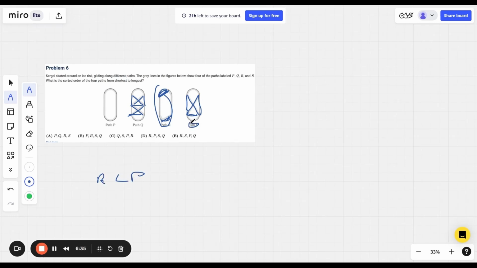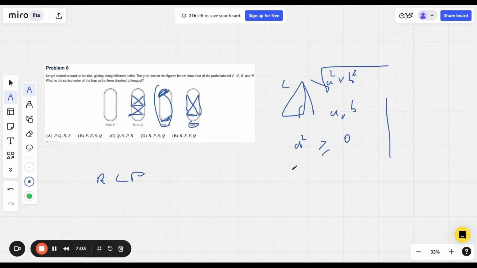We also notice that both paths S and Q are going to be longer than path P because of these hypotenuse triangles. Just in the right triangle, side C is equal to the square root of A squared plus B squared, and it's always going to be more than A and B by the trivial inequality, since A squared has to be greater than or equal to 0. And in the case of a non-degenerate triangle, or a triangle that does not form a straight line, A squared has to be greater than 0. So that explains why P is going to be less than both S